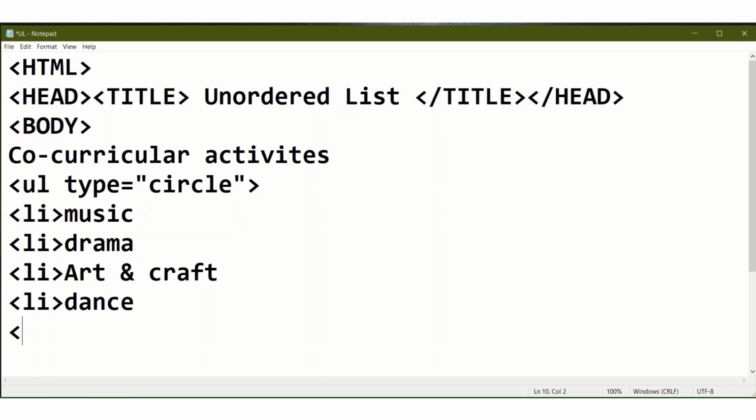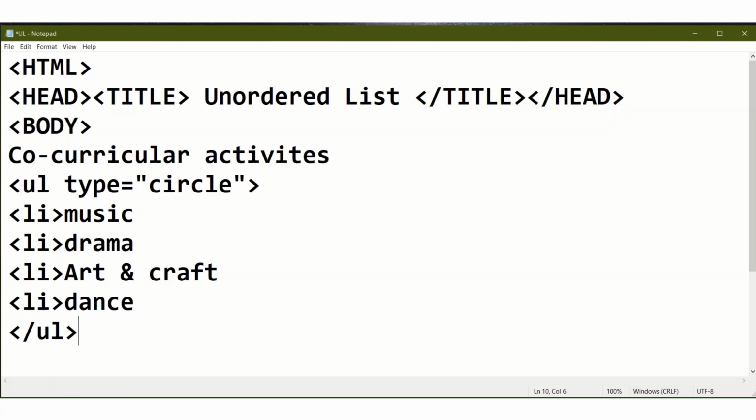Then you have to close the ul tag, because ul is the unordered list tag. So these four items I have written using bullets. The ul tag I have started here, and after writing the items which you want to keep using the same bullets, close this tag.